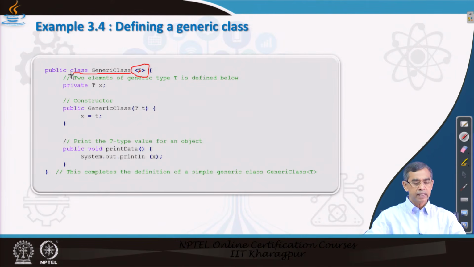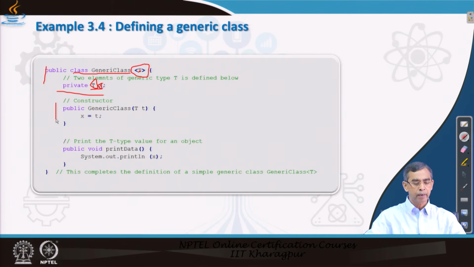So this class has one member. The member is basically of type T. This X can be a single data type or it can be an array name. So it is basically T x, that means X is data of type capital T. Then we declare one constructor.